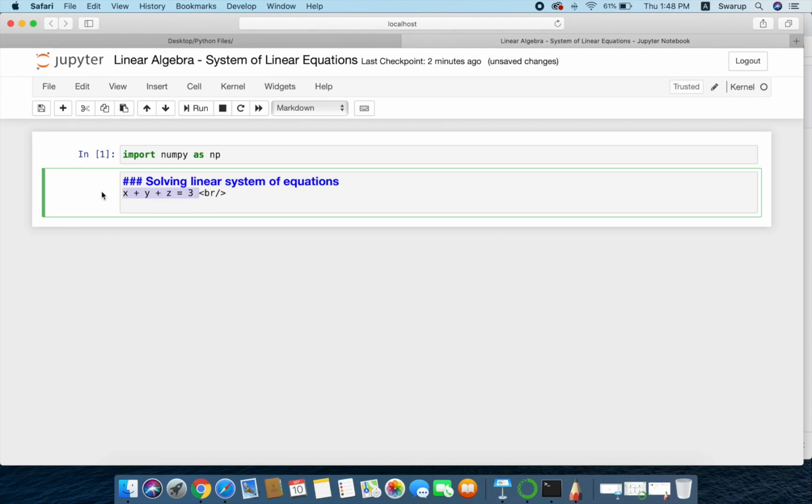Here I have my first equation. The next equation is 2x plus 3y plus 7z equals 0.